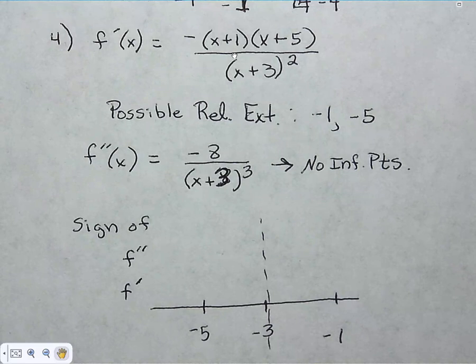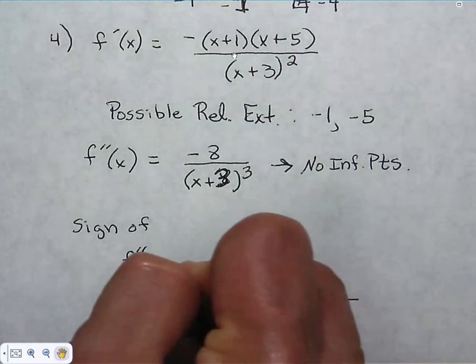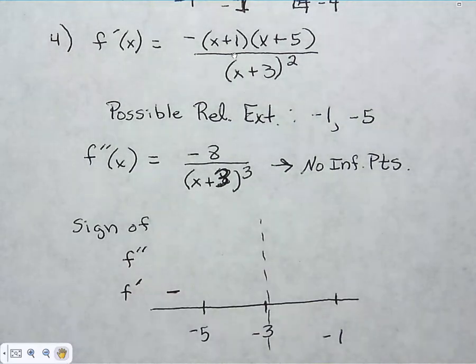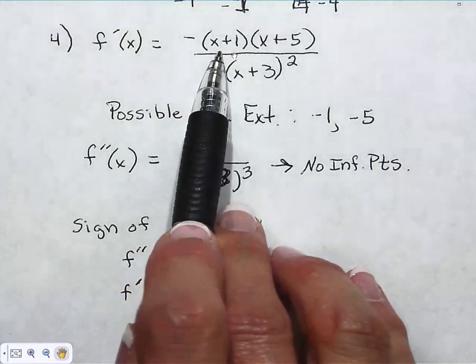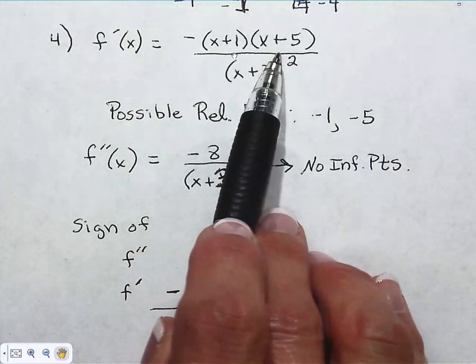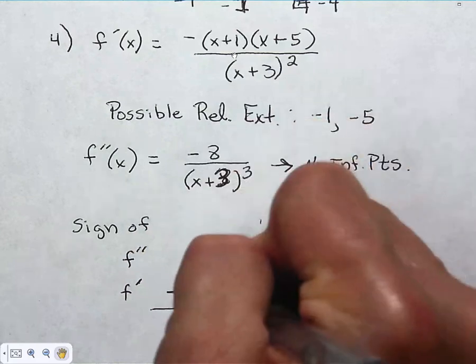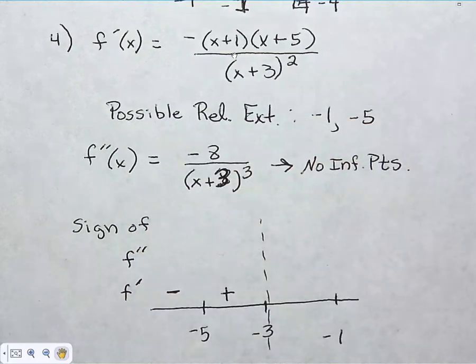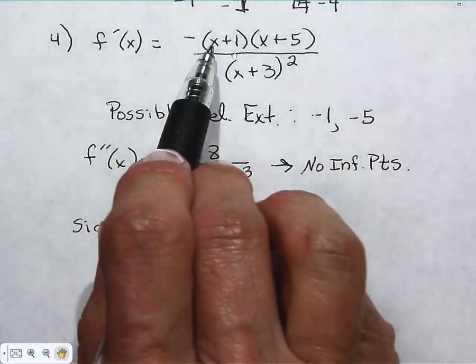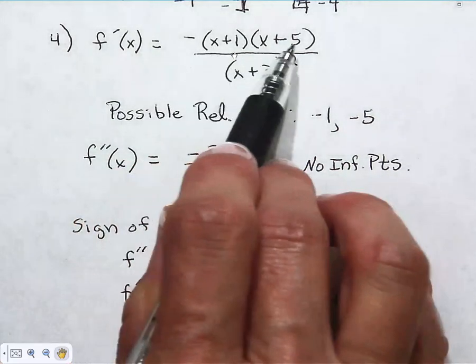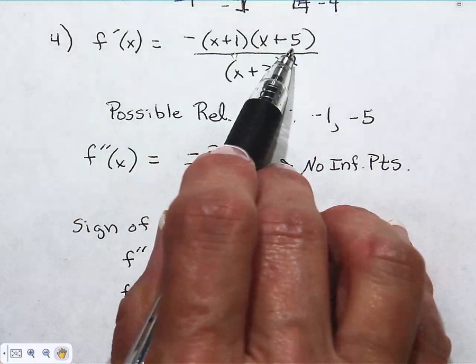I don't care what it is, I just want to know its sign. What about a -4? I'd have a negative times a positive, and that would give me a positive. What about -2? That would be a negative times a negative times a positive would be a,